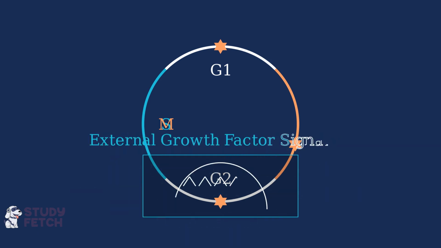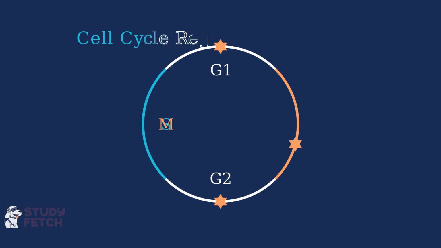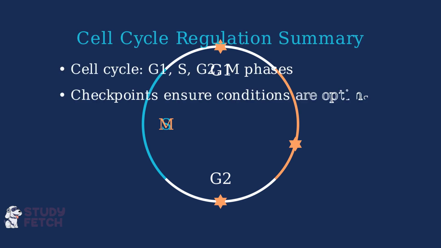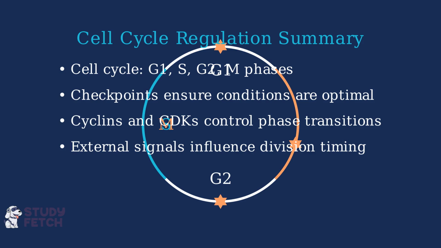External growth factors from neighboring cells also play a crucial role in signaling when division is appropriate. These growth factors bind to receptors on the cell surface, initiating internal signaling cascades that ultimately affect the cell cycle machinery. To summarize, cell cycle regulation involves distinct phases, critical checkpoints, regulatory proteins like cyclins and CDKs, and external signaling through growth factors. This complex regulatory system ensures that cells divide only when conditions are favorable, maintaining the balance needed